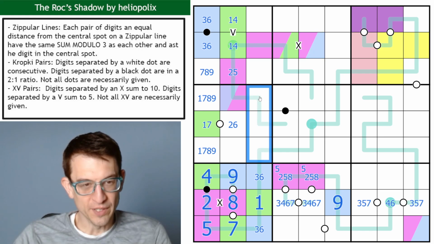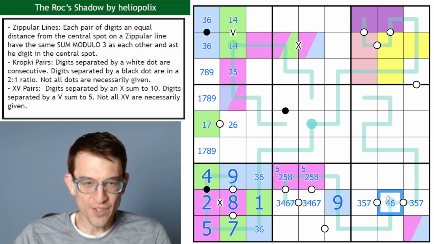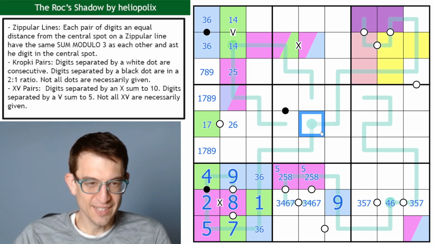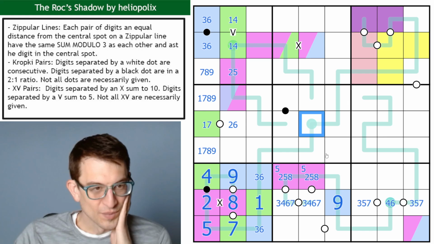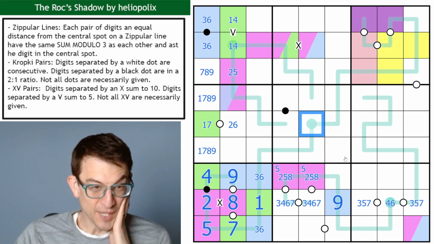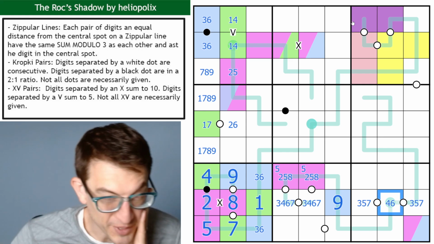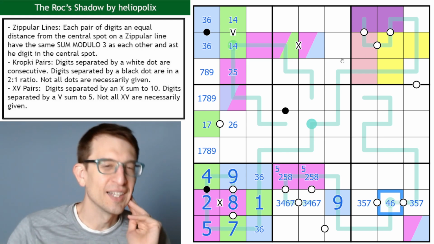Okay, I have a 4 here somewhere. Oh, sorry, I was doing all that here. That's not it, it's here. It's this one. And I don't know anything about this, but I do now know that it's not in the 5 group because